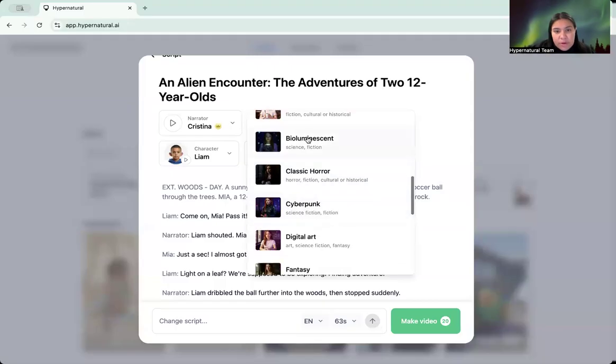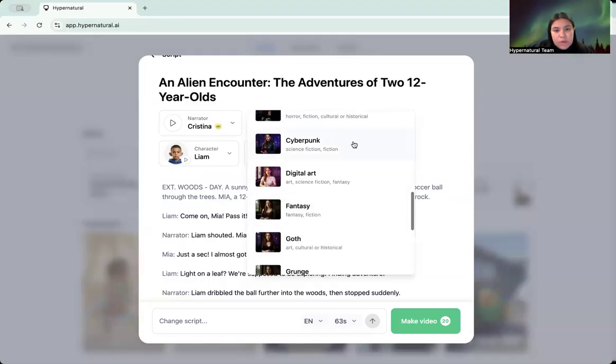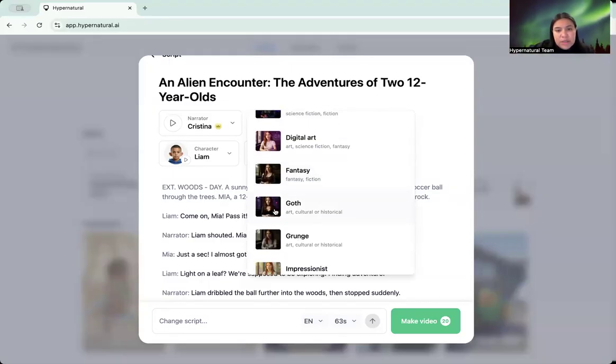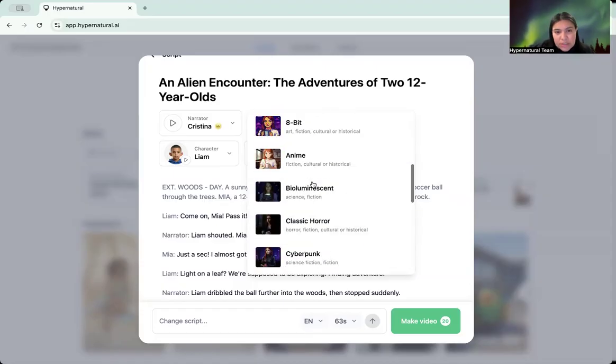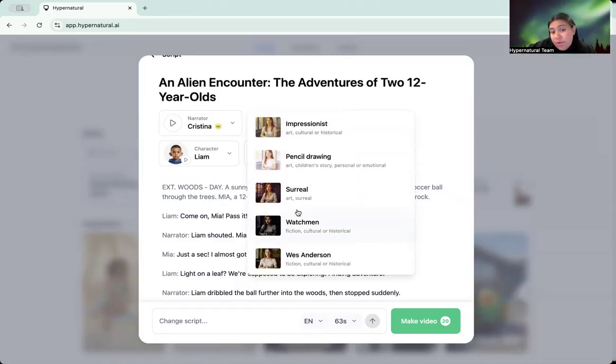We have other styles that are also photorealistic, like classic horror, or even fantasy, but obviously it's more fantasy style, goth, grunge, right? So something just to consider is that you don't have to come up with your own style, but if